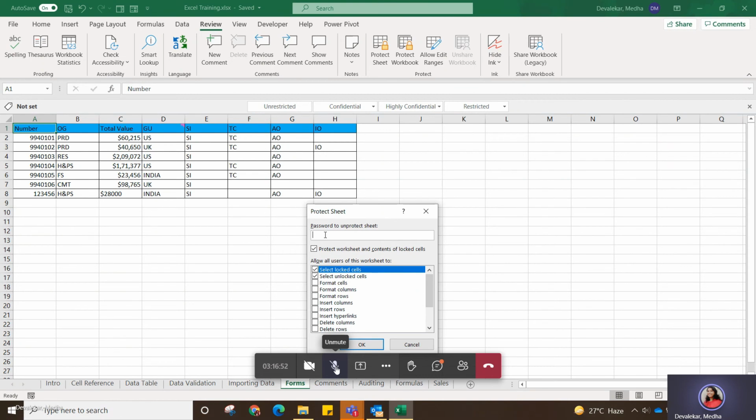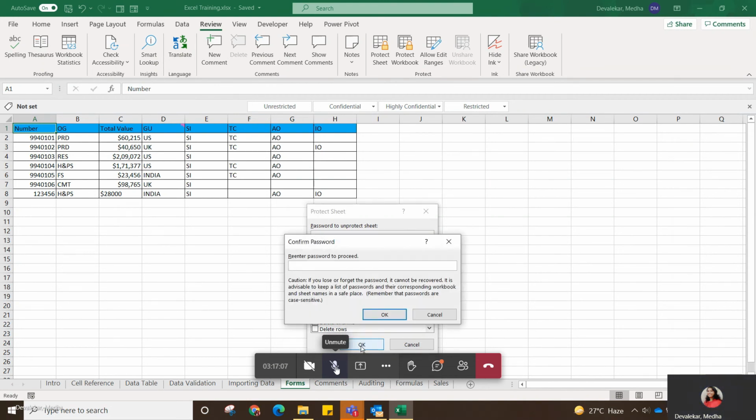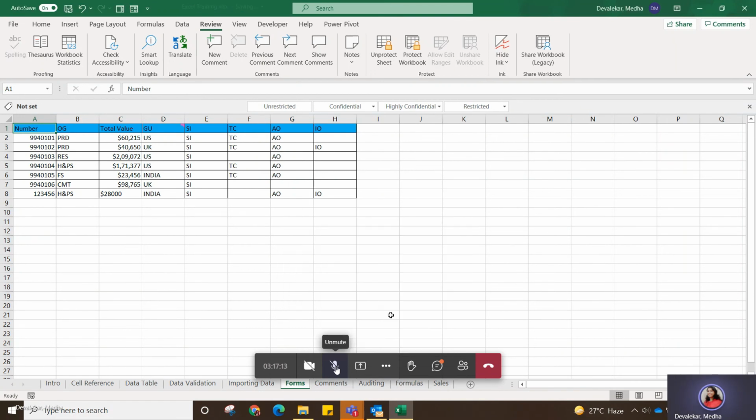Here I need to enter a password to protect or unprotect a sheet. So I'll add a password. Once I click on OK, it will ask me for the same password again. Then I click on OK.